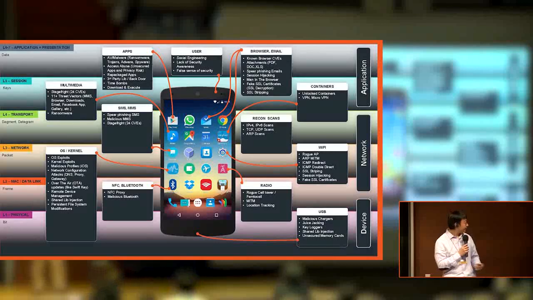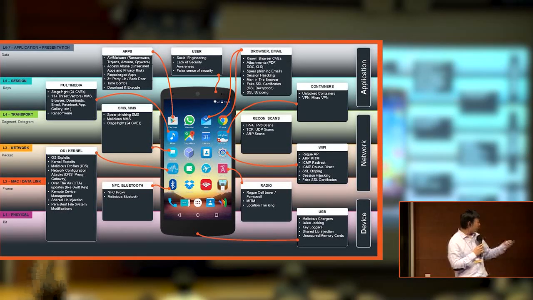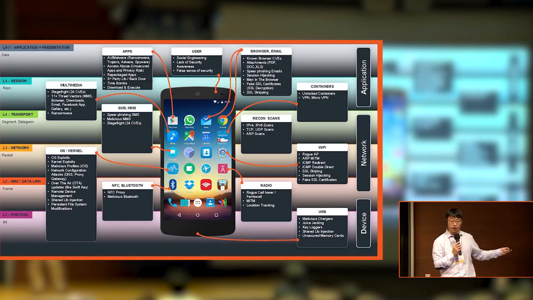Okay, so I know this is a very busy slide, but the summary of what we're trying to show here is that mobile devices can be attacked in many different ways, just like your computer. It's a laser pointer, I think. So we summarize that into device, network, and application. DNA.